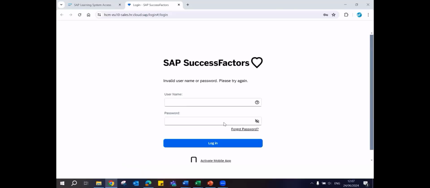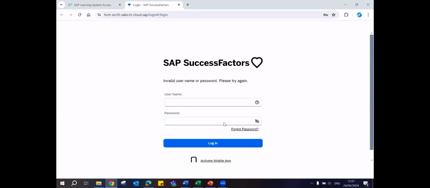So this is the SuccessFactors instance system, guys. First, I'm showing you the front end system, what employees will be able to see. This is an instance system where every employee can log in with their unique ID and password. And this page can also be enhanced with the customer specific logo. The SuccessFactors logo is what you can update with the customer logo. And the plain white background is what you can update with some customer specific background images. All that you can start customizing right from the login page.